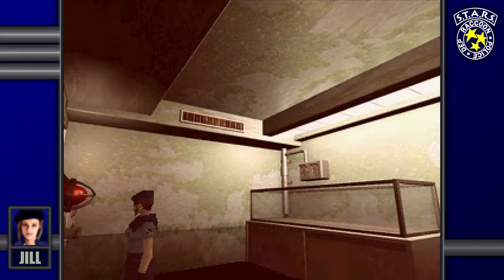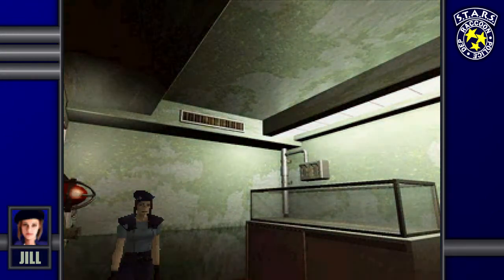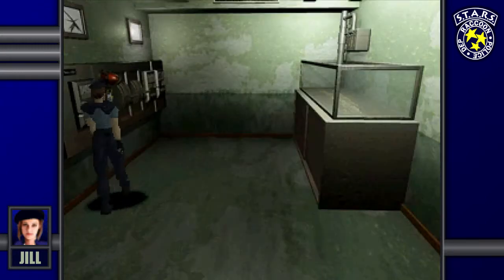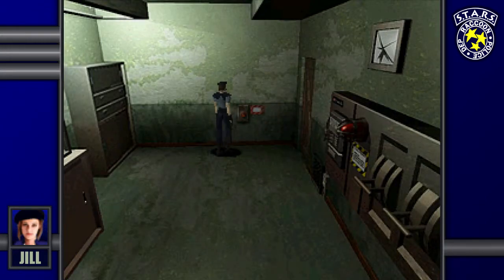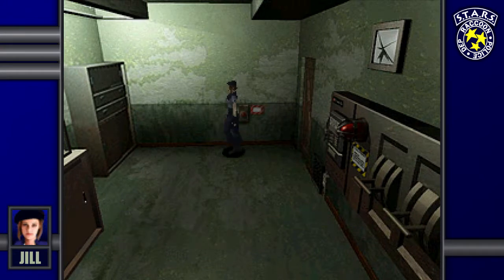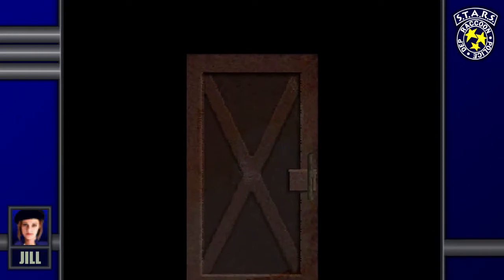Oh. That's ideal. Oh, now we can push this button. There's a button. Will you push it? Yeah. It was a sound from the room next door. Nothing special. So long as you have the control room key, dealing with the sharks isn't that big of a deal. Because now, as you imagine, when we come back here,